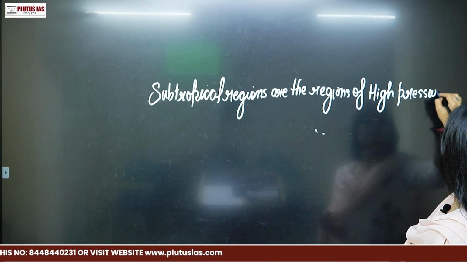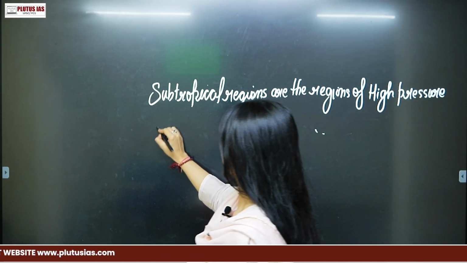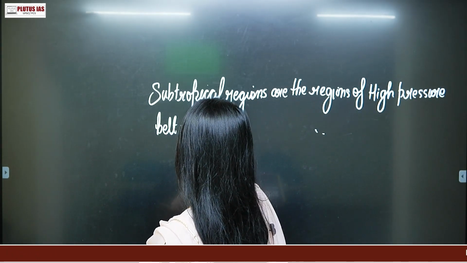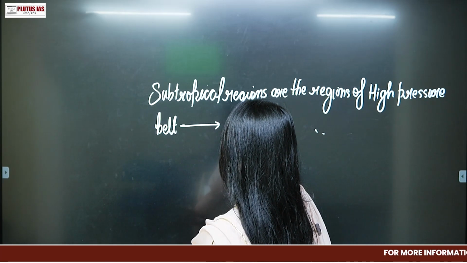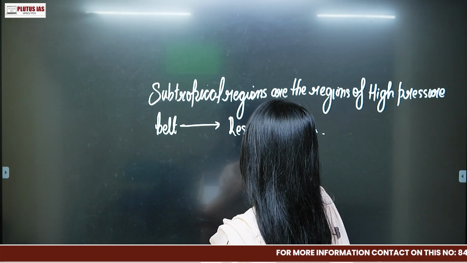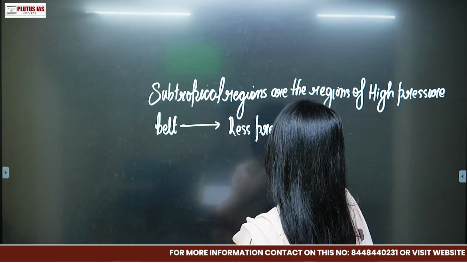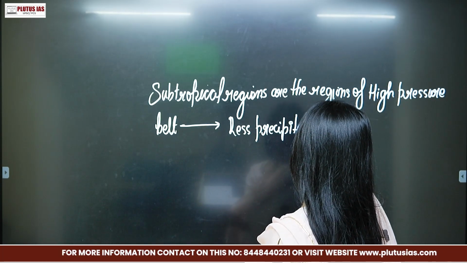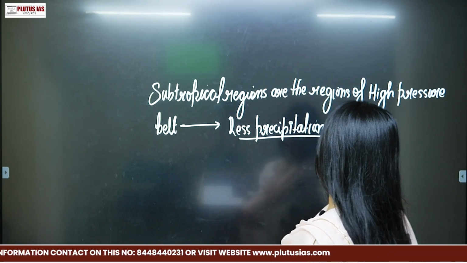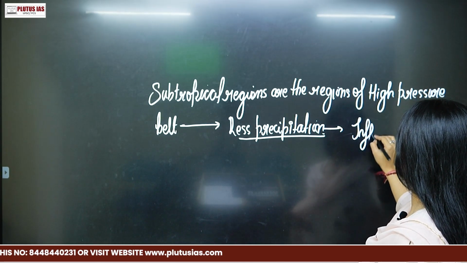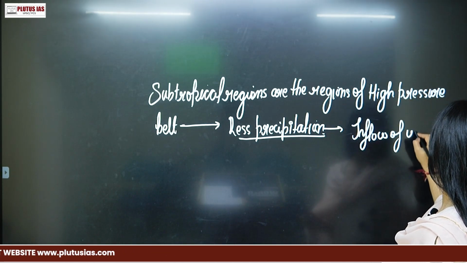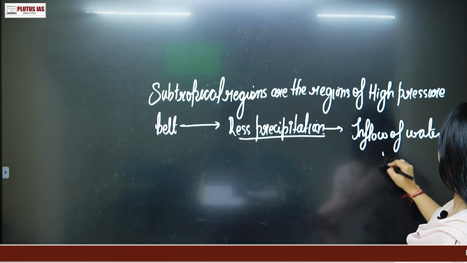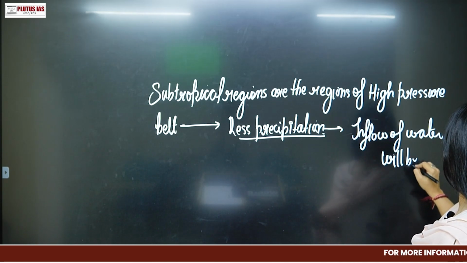Since they are the regions of high pressure belt, what will not happen? Less precipitation. Since there will be less precipitation, inflow of water will be less, and when inflow of water will be minimal,